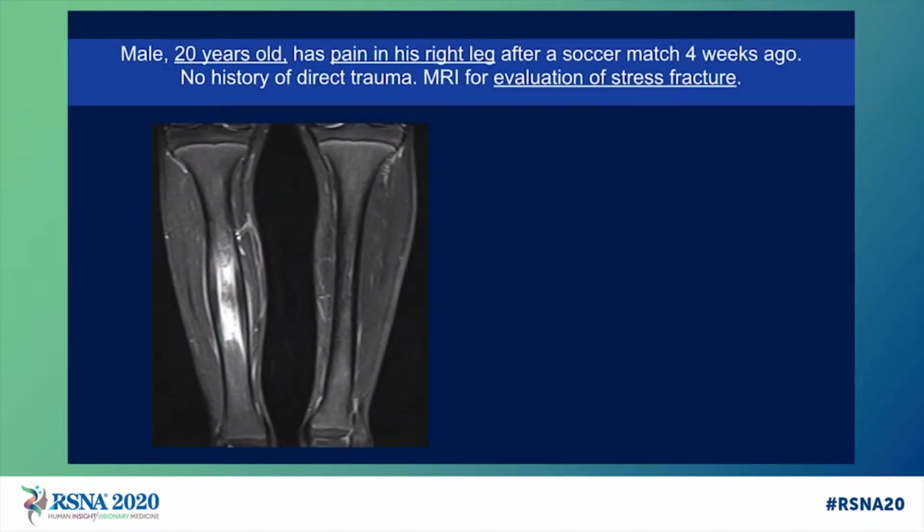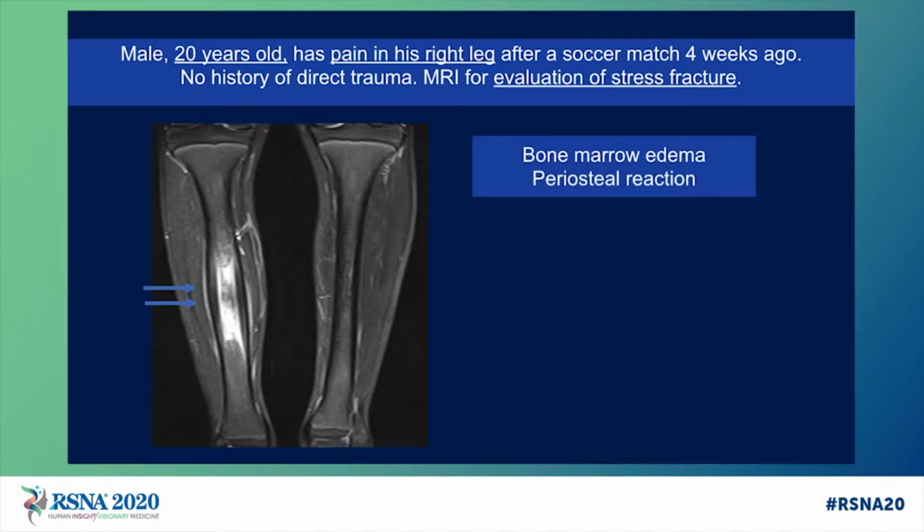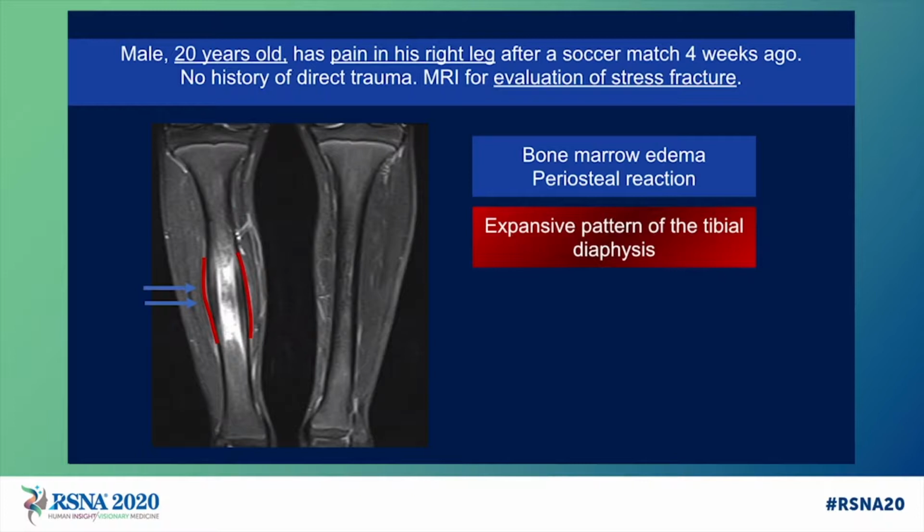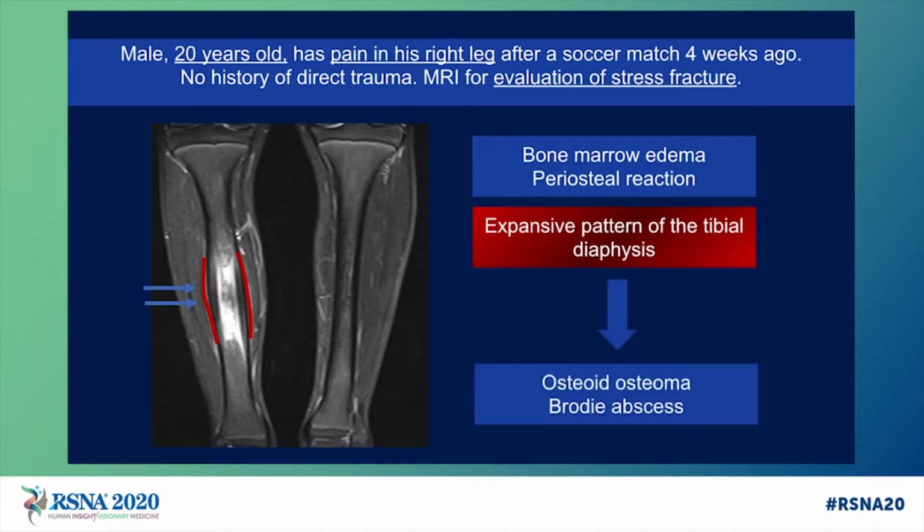It's a boy, 20 years old, with pain in his right leg after a soccer match, and this MRI was for evaluation of stress fracture. We can see here that we have this bone marrow edema with periosteal reaction. Note that we have this expansive pattern of the tibial diaphysis, and in that case we need to think about